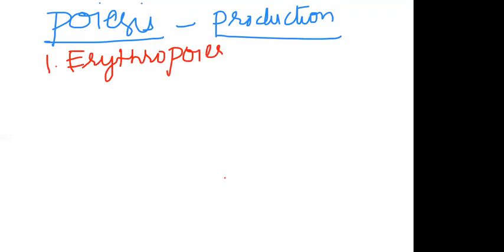As we know, poiesis is production. Erythro means RBC. So erythropoiesis means the production of RBC.